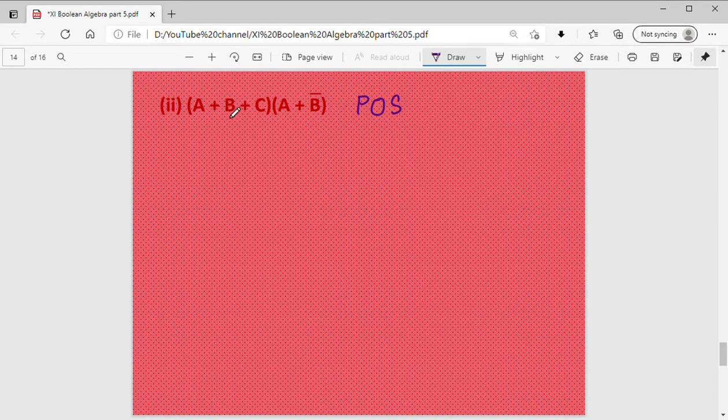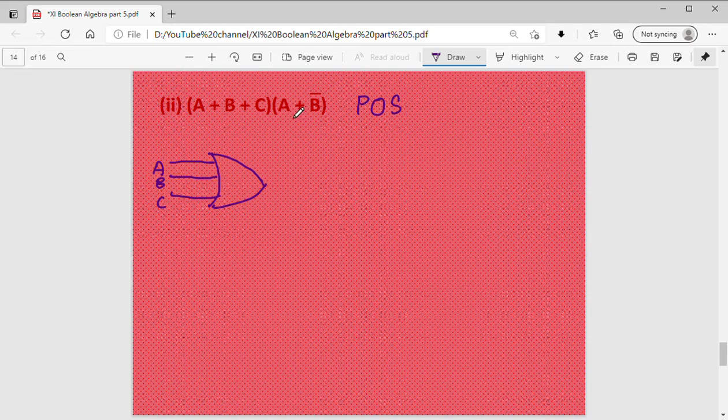So for addition, we need OR gate. So for the first term, there are 3 inputs. So we need to draw a 3 input OR gate. So the first input A, the second input B, the third input C. Let us give it as input for an OR gate.